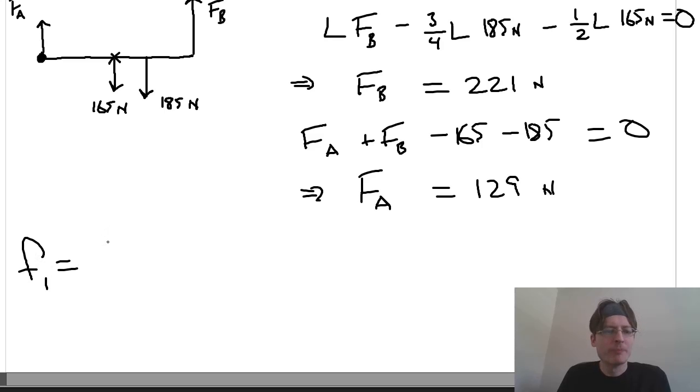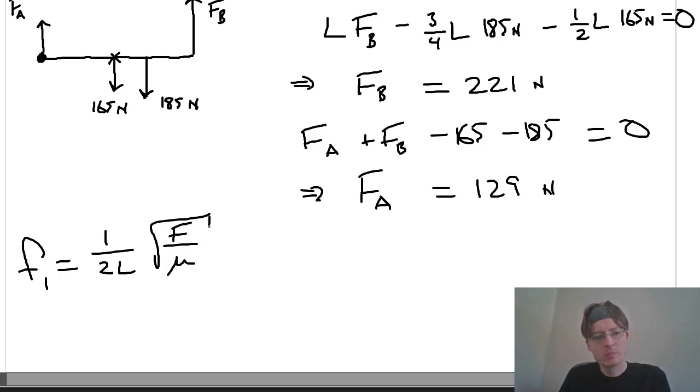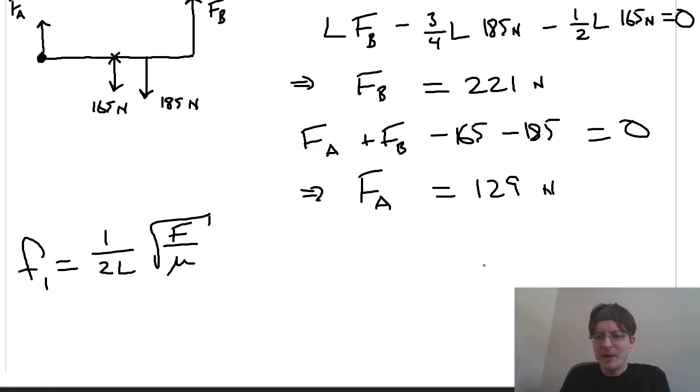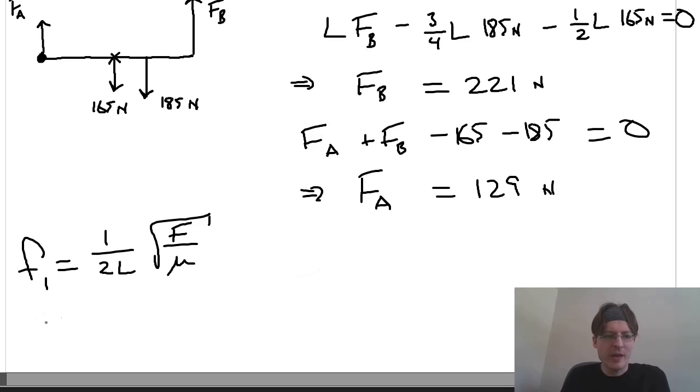F1 is equal to 1 over 2L times the speed of waves in each wire, which is the square root of the tension divided by mu. The fundamental, that's why it's F1. So given the two tensions, I can plug in and figure out the two different frequencies. They come out to be about 88 and about 116 hertz. So the delta F comes out to be about 28 hertz,